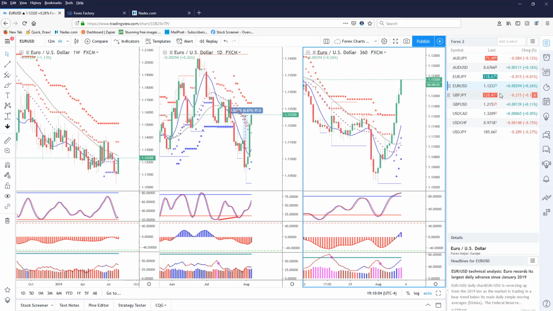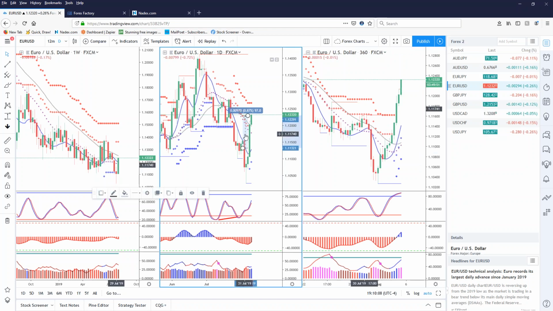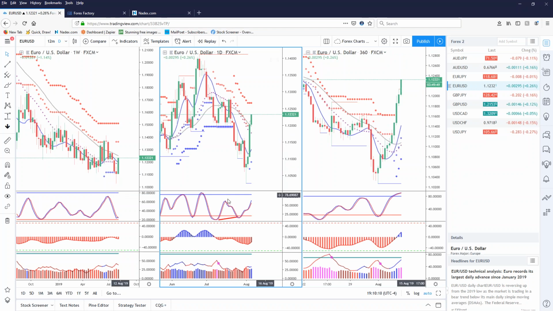Let's go look at the euro dollar. And the euro dollar has soared upwards today. As you can see, you were just at the point of being overextended here. This bar actually confirmed the bullish divergence. It has pushed the euro up on the daily chart.